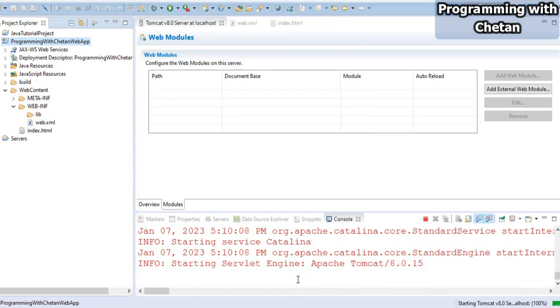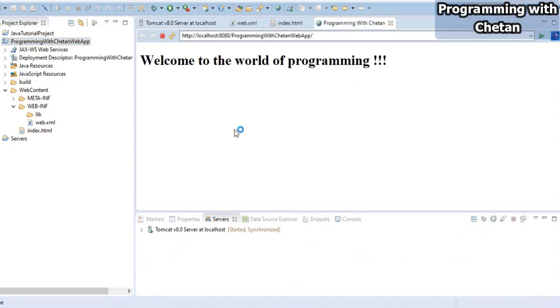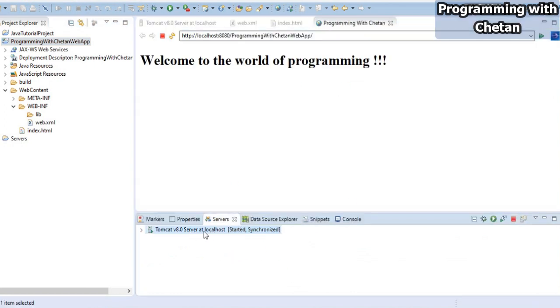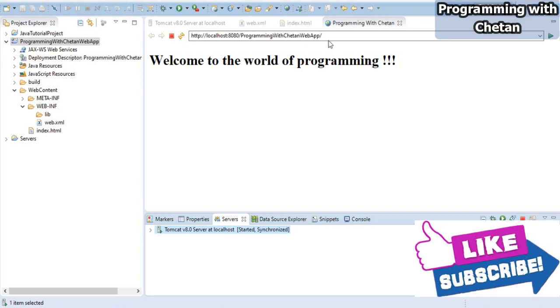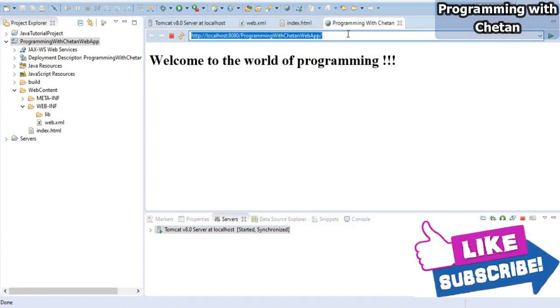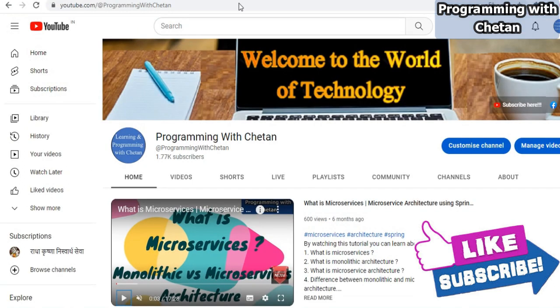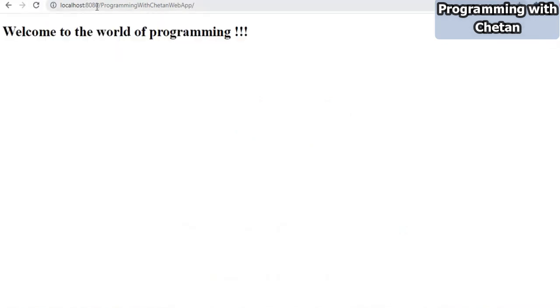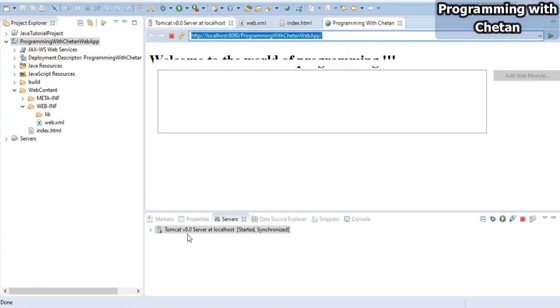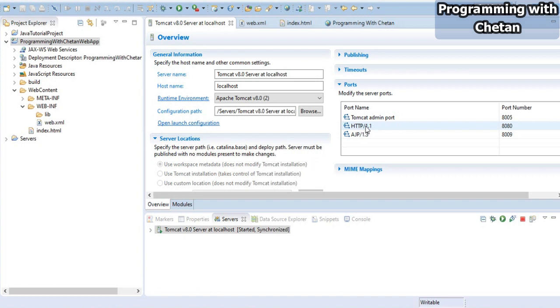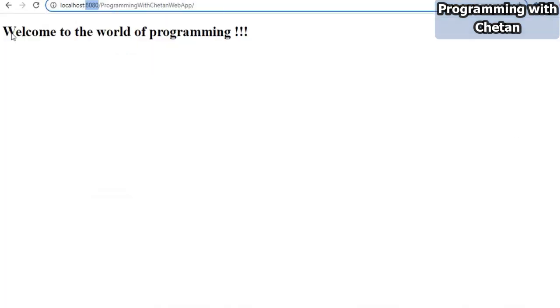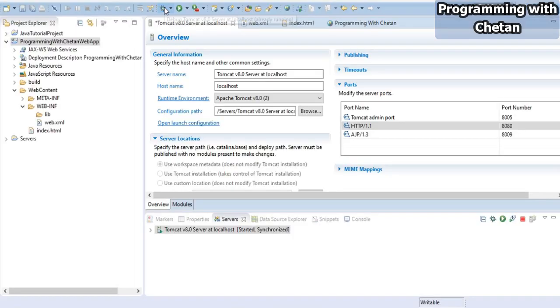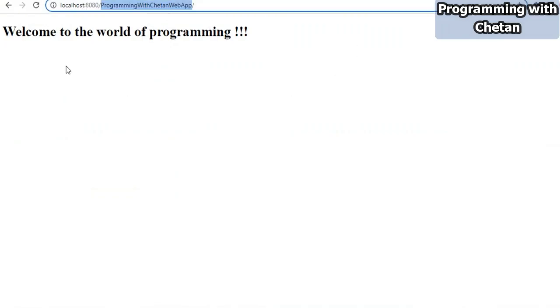Okay, great. As soon as we have added it, you can see that we have started our server, right? Our server is started, and on your screen you can see that our application is up and running. We can also run this application on an external browser. This is my browser. This is the URL, localhost with port number 8080. This 8080 is coming from the configuration which we have defined here, that is the HTTP port 8080, right? Great. And that is the name of our web application, programming with Chetan, and this is the index.html